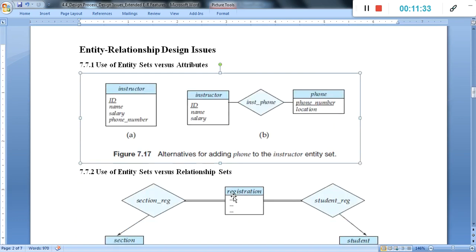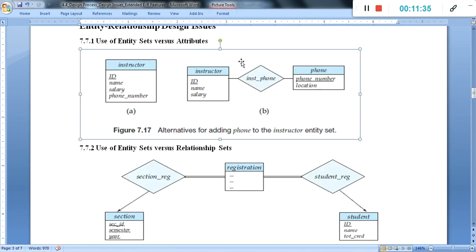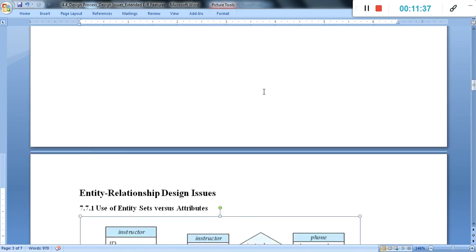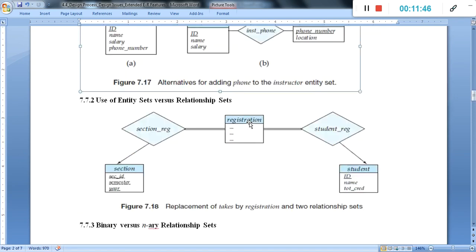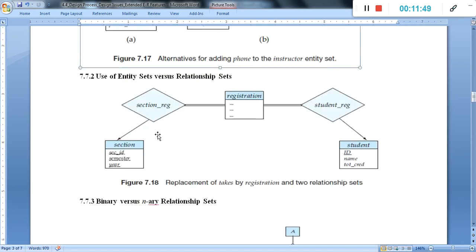That is the particular design. In the previous diagram it has some text about the student and text about the session, which is replaced with the registration function or relation, and this is the alternative design as compared to the previous one.